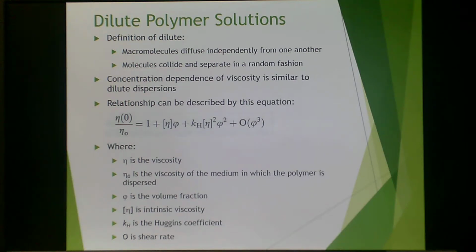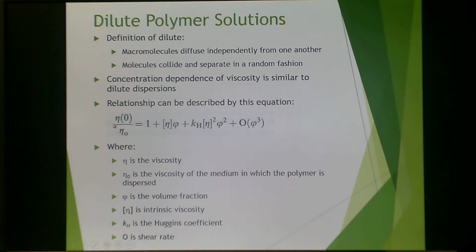And the definition of dilute, when we're talking about macromolecules, is a macromolecular solution in which the molecules diffuse independently from one another, and they collide and separate in a random fashion. More or less, they don't actually see other macromolecules very closely at all. And the concentration dependence of viscosity is similar to that of dilute dispersions. We can describe that relationship by this equation shown here,